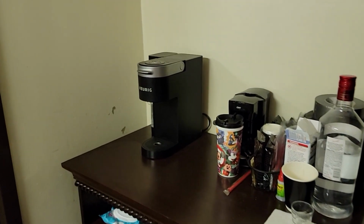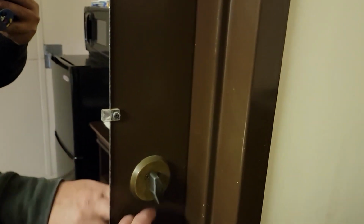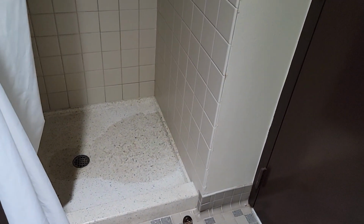Oh, by the way, I brought my Keurig from home since I drove. And a little fridge, a little freezer, microwave. Now the bathroom is like a Jack and Jill. As you can see, deluxe